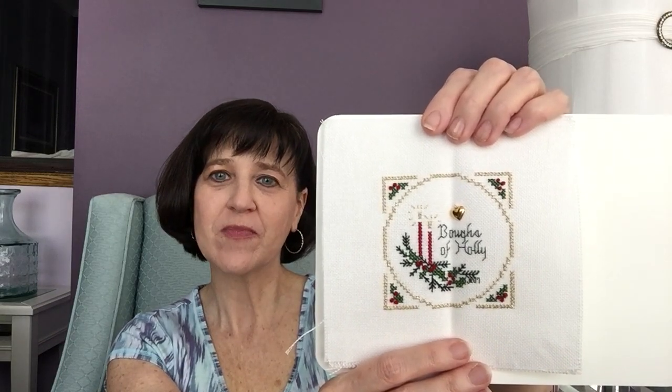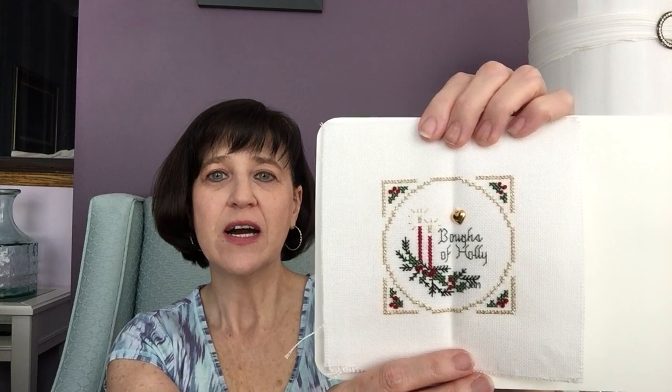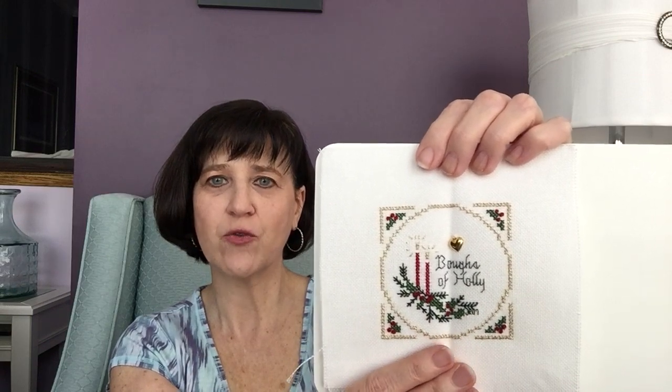So it comes as a kit from Victoria Sampler, and I was looking on the website before I came on here, so you can actually buy these as PDF downloads as well. But the kit comes with the fabric, a 6 by 6 inch piece of 25 count white Lugana, and it comes with all of the fibers that you need to make your ornament, and the charm. This is from a collection that they do called Beyond Cross Stitch, and it's all about learning different stitches,